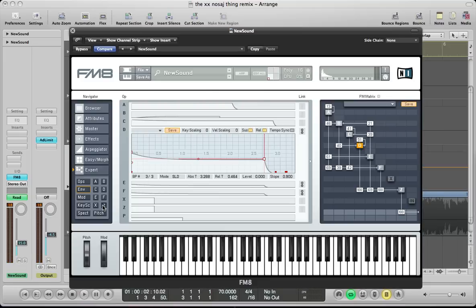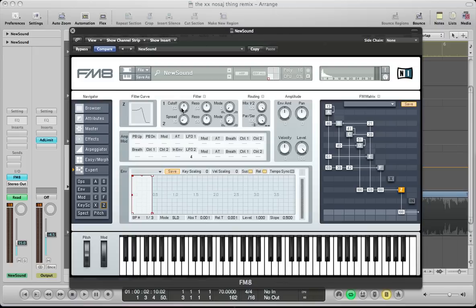Okay, so next we can start programming the filter. What we can do here is pull the cutoff down to about 4, pull the resonance down to about 19, take the spread of filter 2 up to 100, pull the resonance of filter 2 down to 0. Keep both filters in low pass mode, but just pull the mode of filter 1 up to about 6,